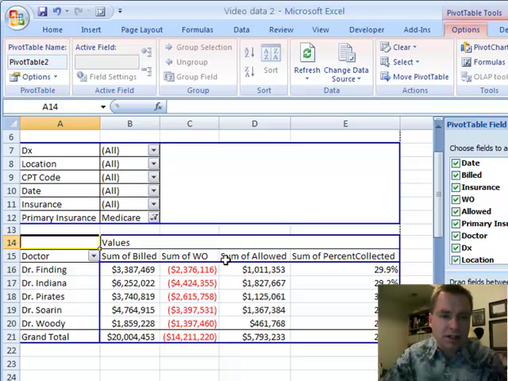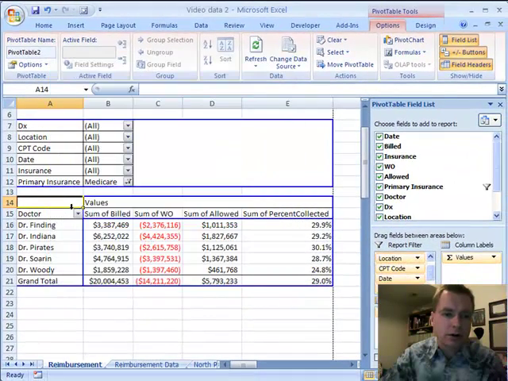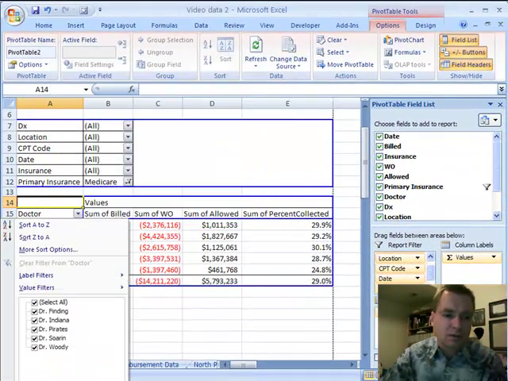If you looked at one set of time frame, say 2003 to 2007, and then you don't look at that data anymore, you look at 2008 to 2010, the 2003 and 2007 is still showing up in there. Going to Options, Data, and making this None instead of automatic will clean out all those old filters from this area. That's it